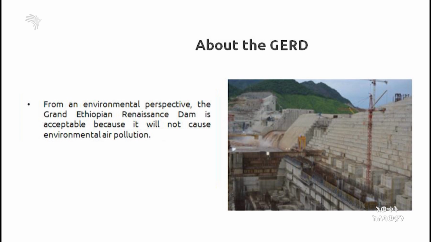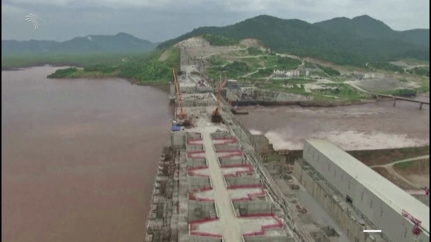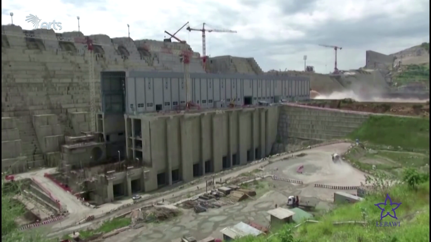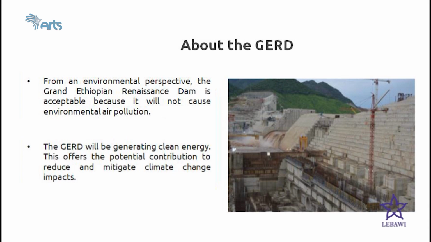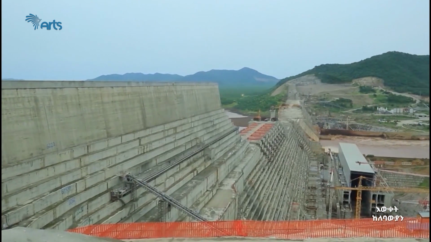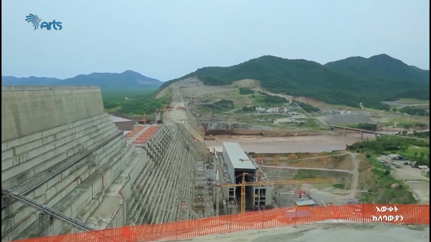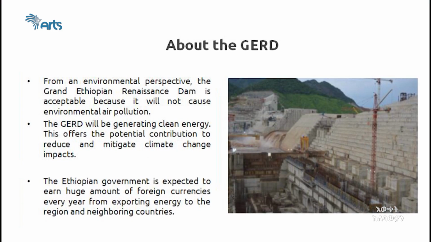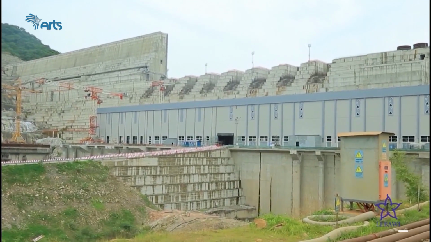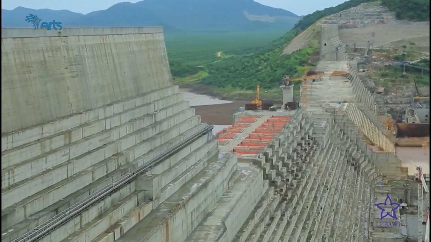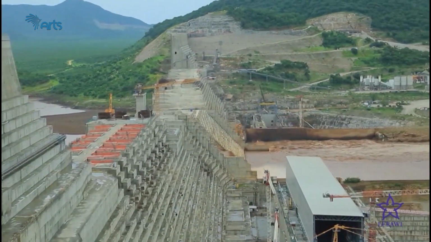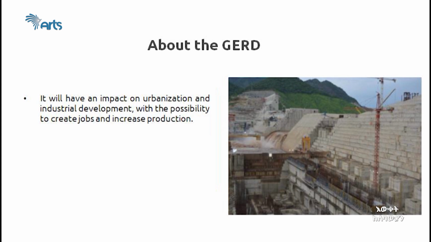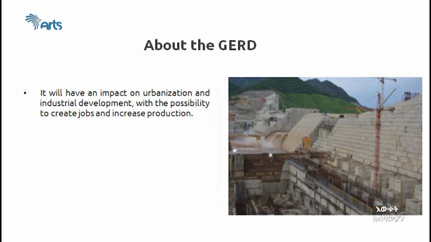From an environmental perspective, the Grand Ethiopian Renaissance Dam is acceptable because it will not cause environmental air pollution. The GERD will be generating clean energy. This offers a potential contribution to reduce and mitigate climate change impacts. The Ethiopian government is expected to earn a huge amount of foreign currency every year from exporting energy to the region and neighbor countries. And this will have an impact on urbanization and industrial development,